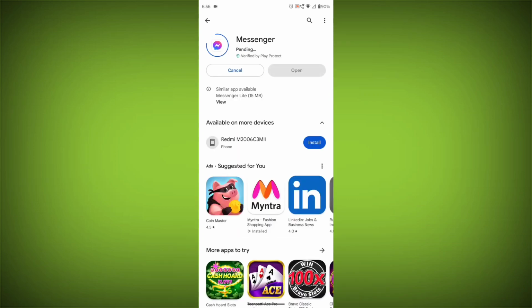If you are still having trouble with the Facebook Messenger app, you can try contacting the Facebook Messenger support team